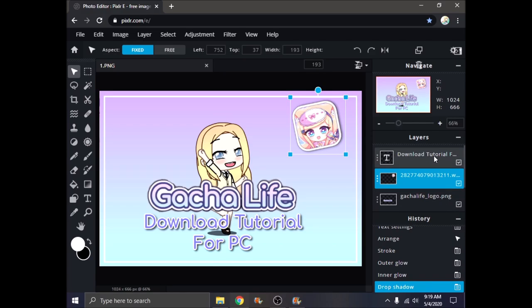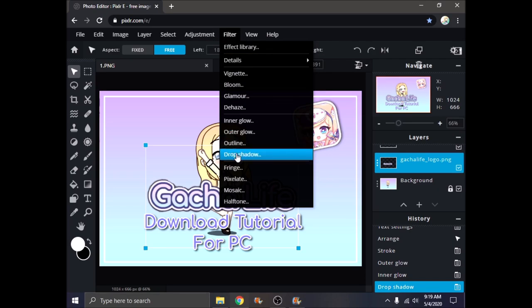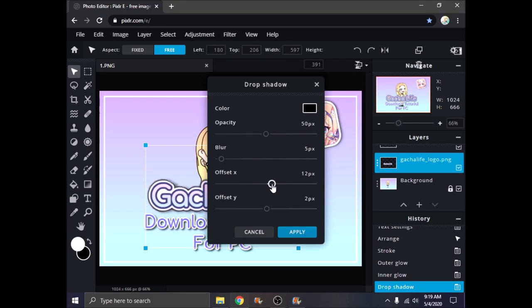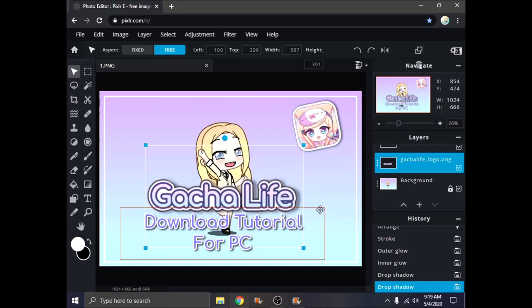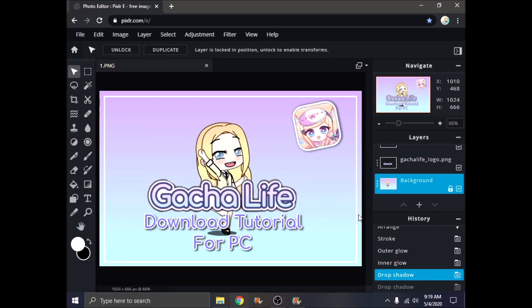Now go to Gacha Life, filter, drop shadow, bring it down a little bit more, offset it a bit, bring it back, blur, bring down the opacity. Nah. Okay. And that is my